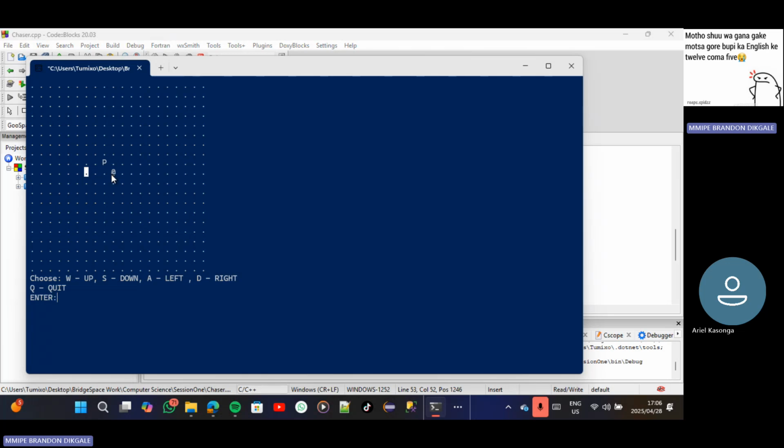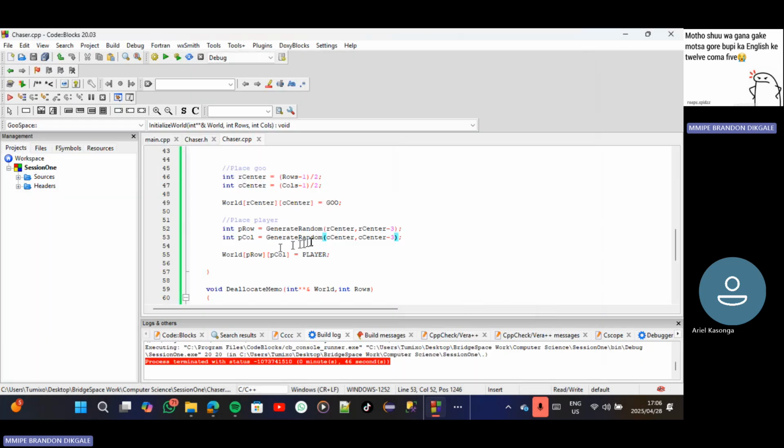I think the upper bound should be from here to here, so the upper bound is row center minus 3, then the lower bound